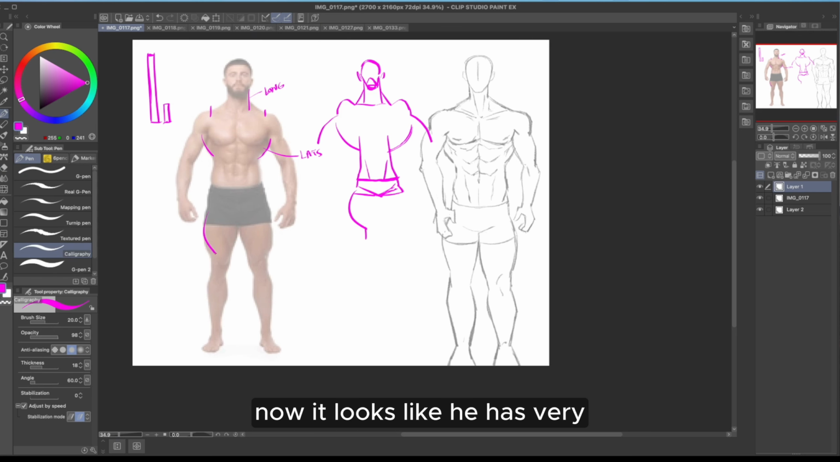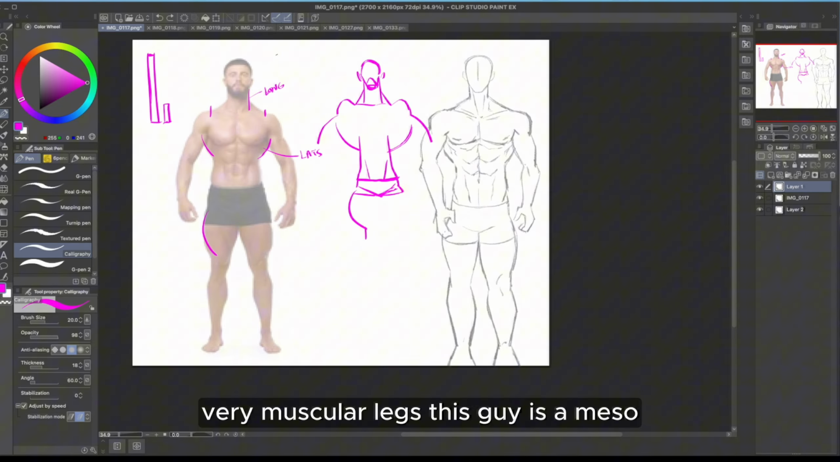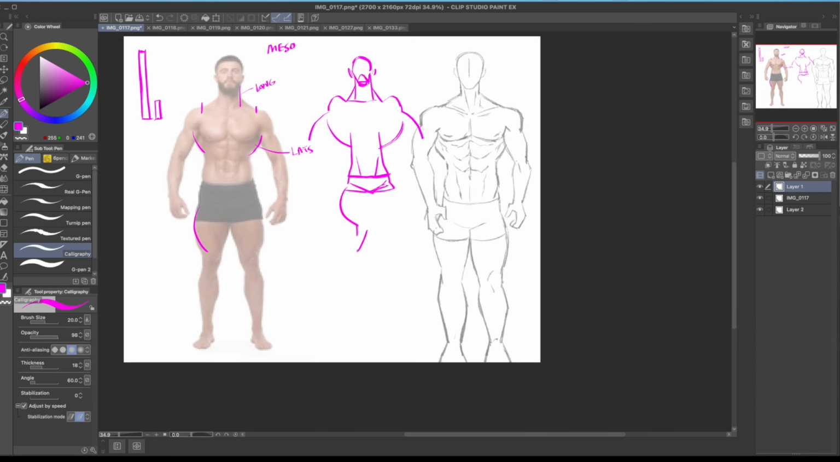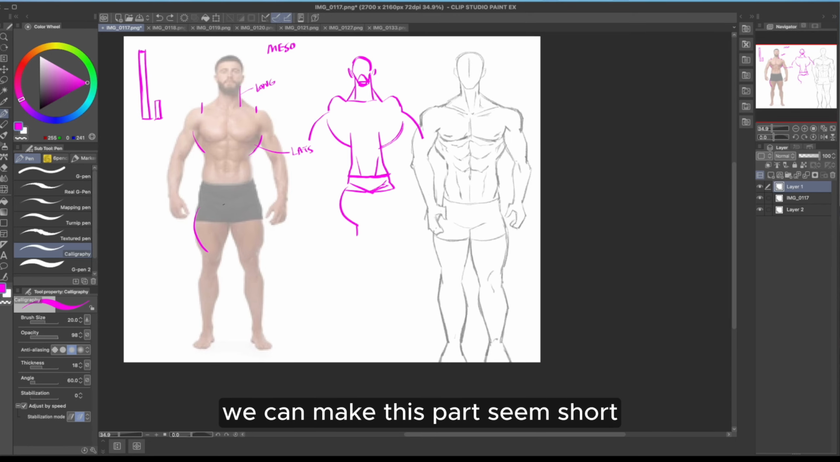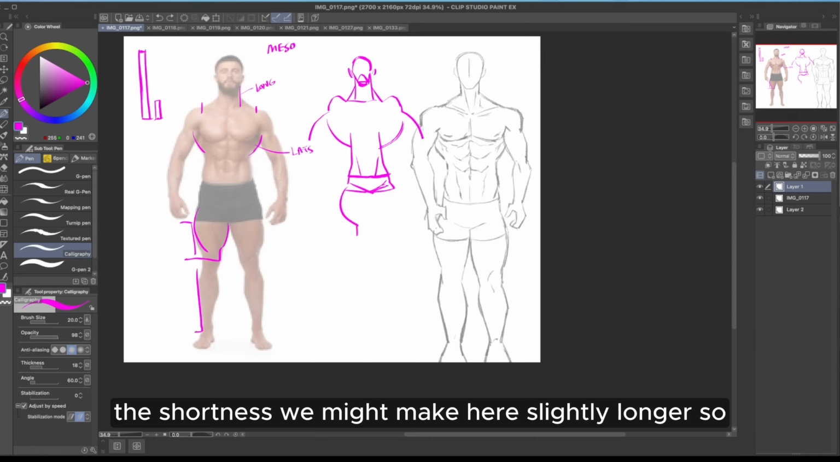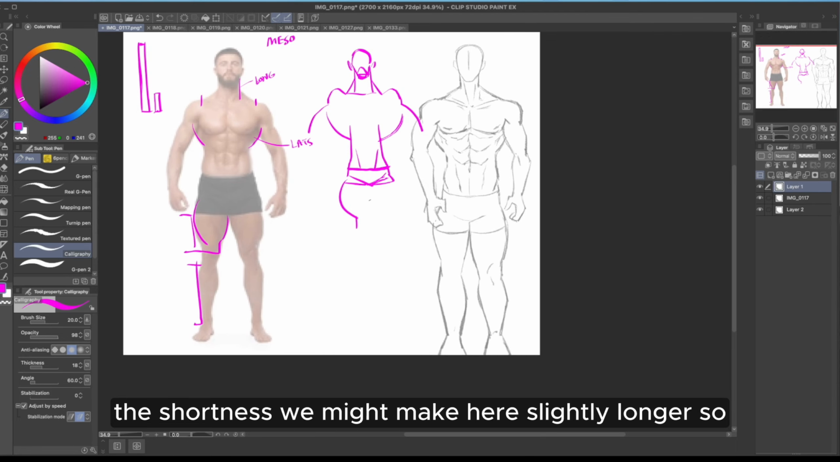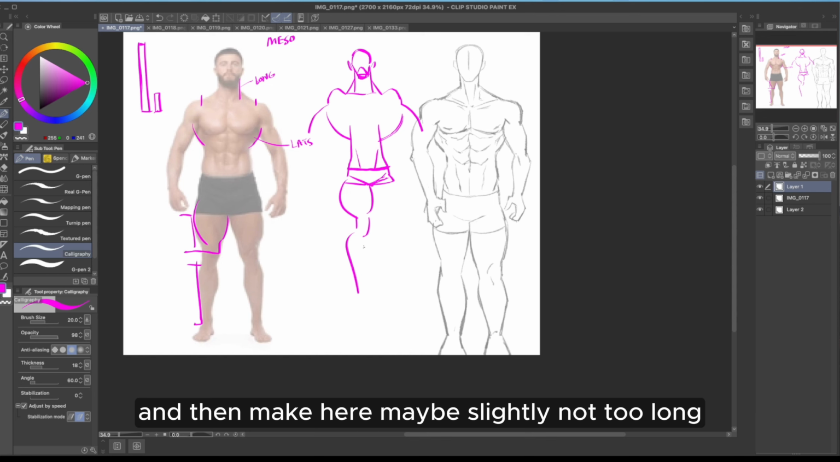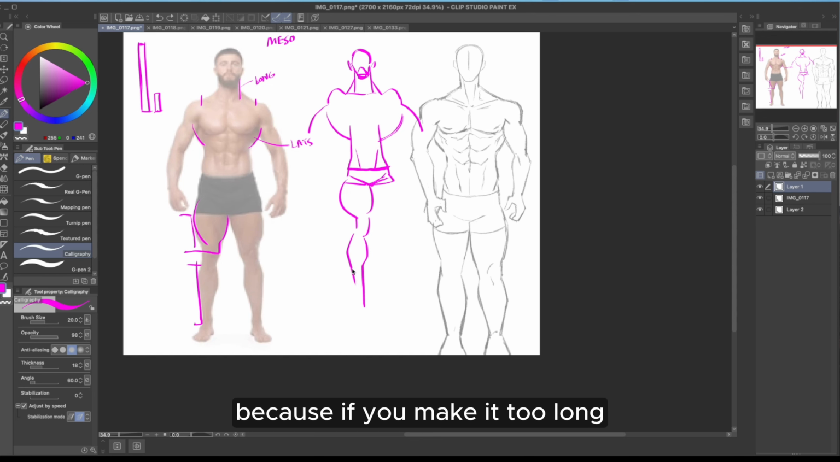Now it looks like he has very, very muscular legs. This guy is a meso, by the way. He's a mesomorph, his body type. So he's really muscular. We can make this part seem short because it looks like it's short. To emphasize the shortness, we might make here slightly longer. So make that short and then make here maybe slightly longer, but not too long, because if you make it too long,